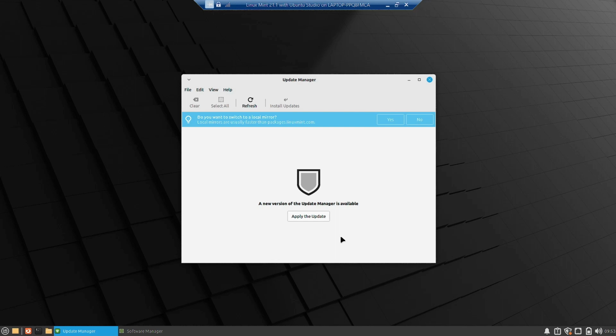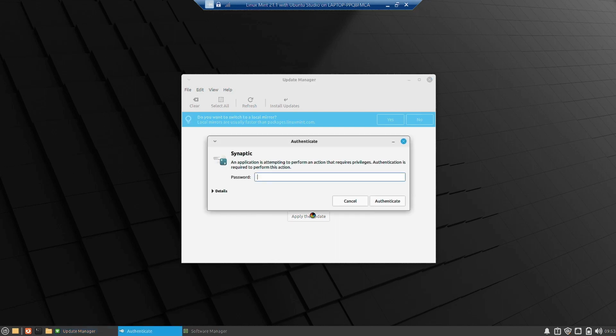So now, how to install Ubuntu Studio on Linux Mint? We will today start with the installation of Ubuntu Studio on Linux Mint, and in the next video we will check out the different applications of Ubuntu Studio that were installed on the Linux Mint virtual machine that we have set up today. First of all, you have to open your Linux Mint